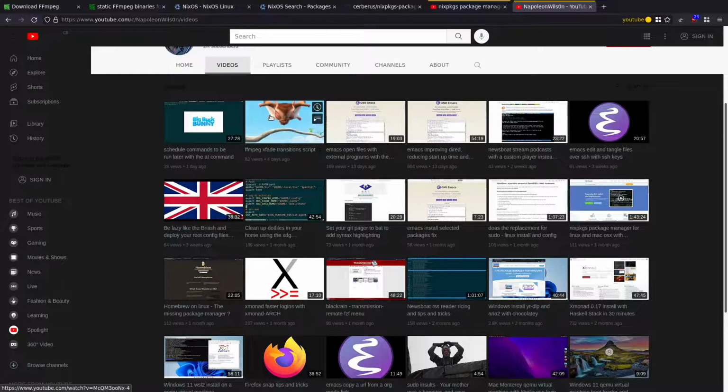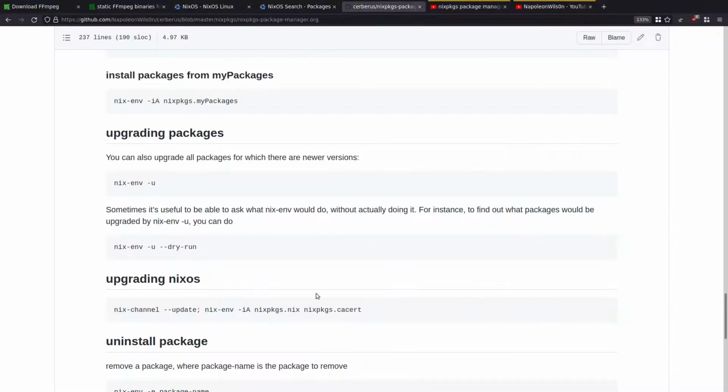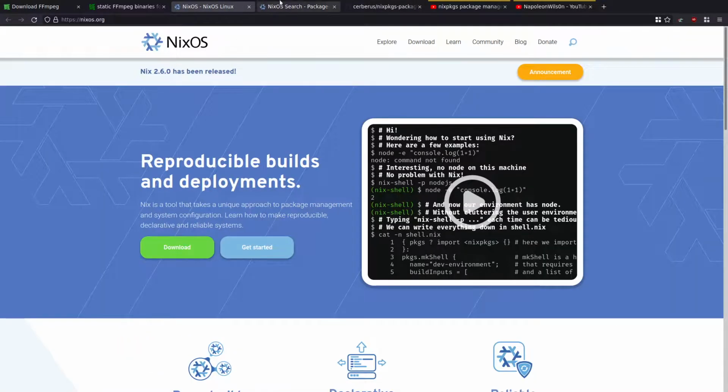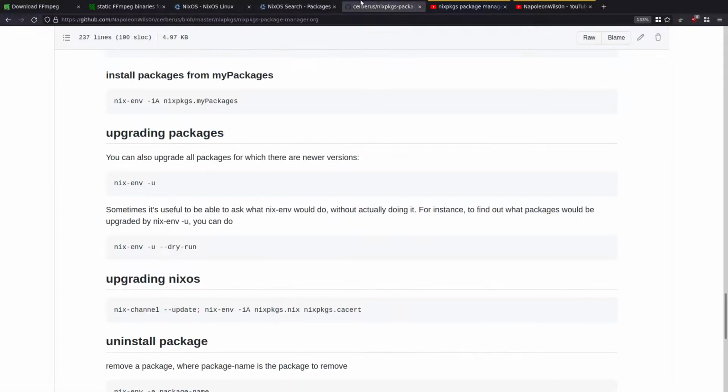So that was the X-Fade transition script. That's the video on actually setting up Nixpkgs package manager on Linux or Mac, and that's the show notes accompanying that, and that's nixos, and this is the package search where you search for stuff. So hopefully that's made the steps a bit clearer on whether you're installing Nixpkgs from scratch, or